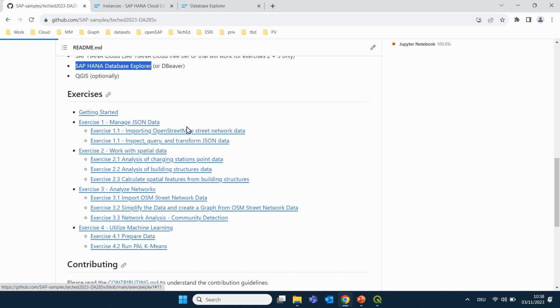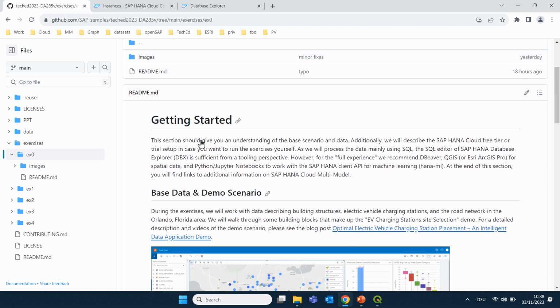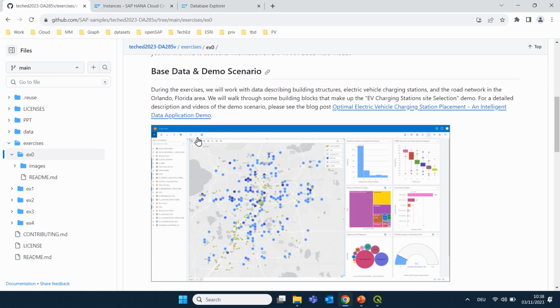First of all, let's look at the getting started section. The base demo scenario that we had in mind when creating these exercises was a scenario that we showcased during this year's Sapphire, and it was about finding new, suitable sites for placing new electric vehicle charging stations. I encourage you to follow the link to see a demo